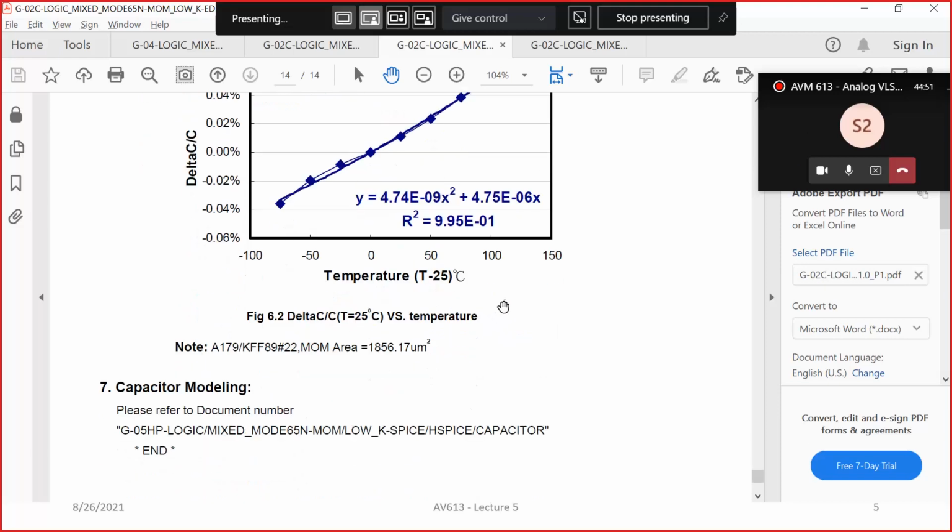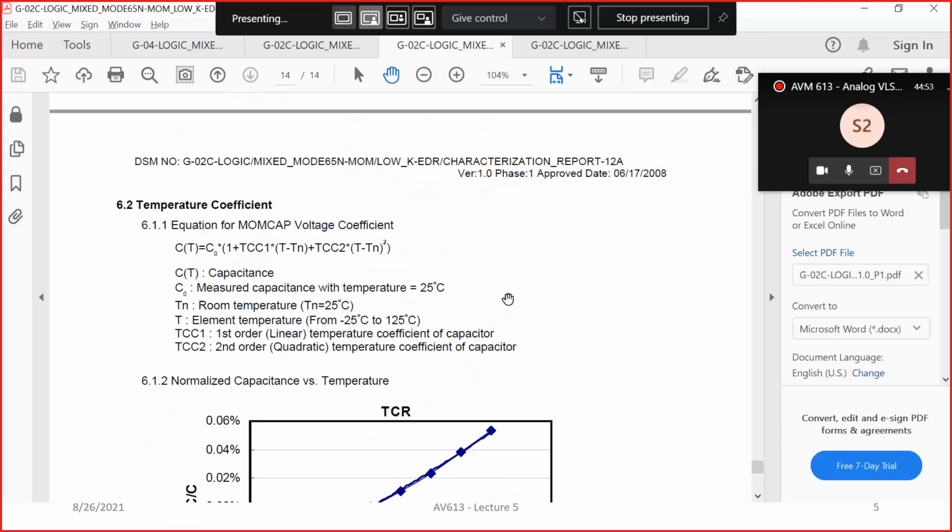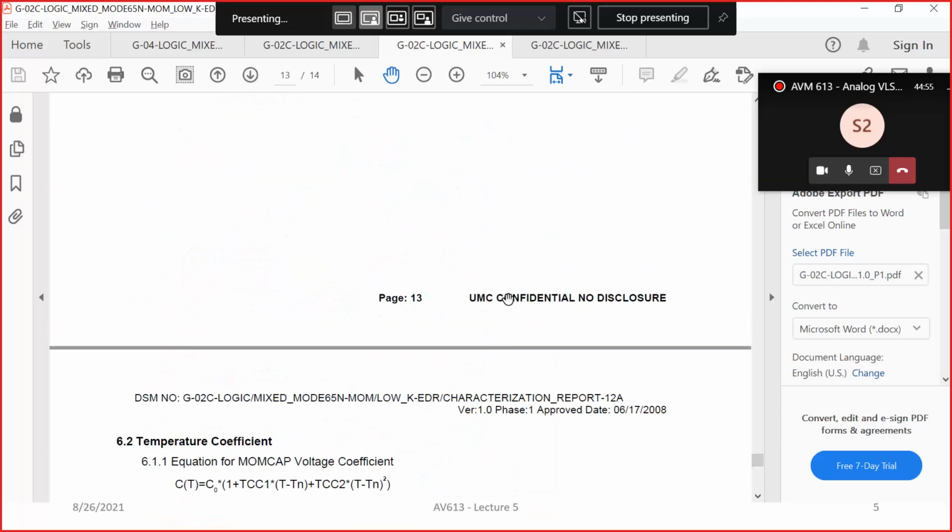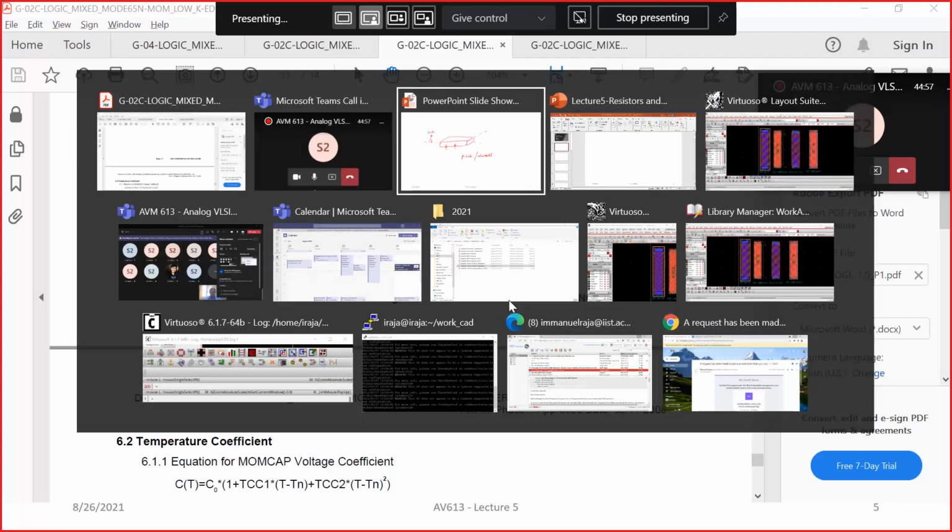All right. Now these are the advantages with the MOM capacitor and the MIM capacitor. Okay. So if I were to summarize it here,